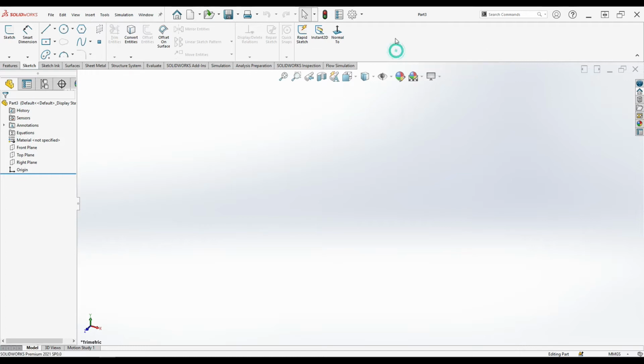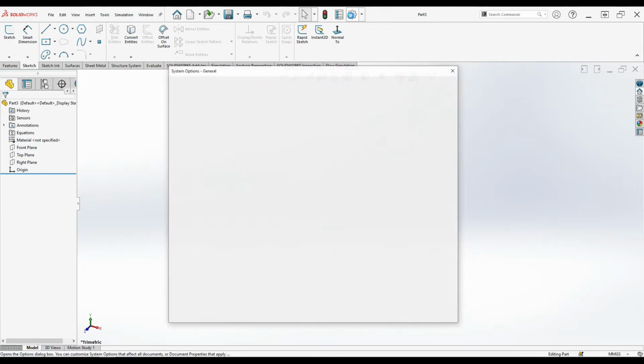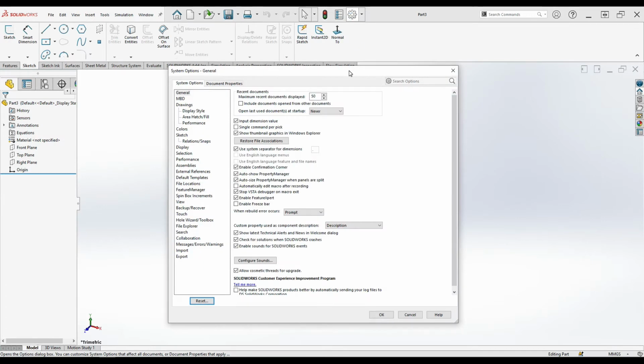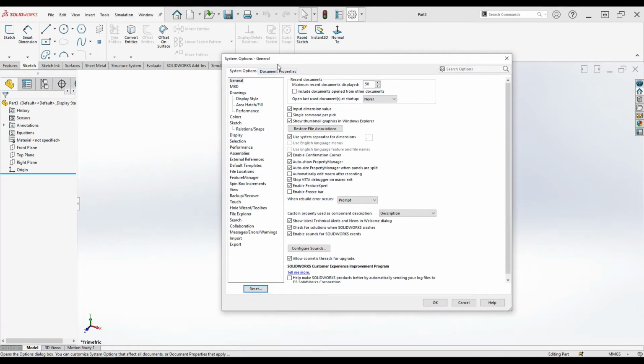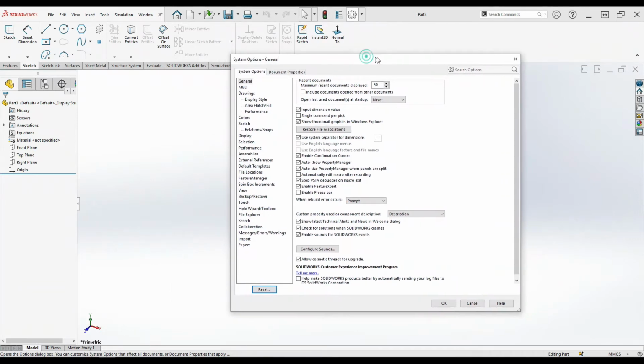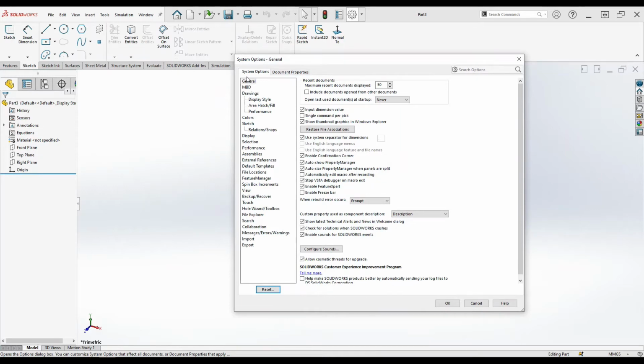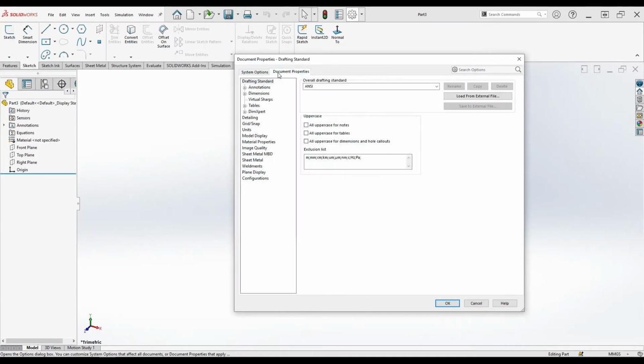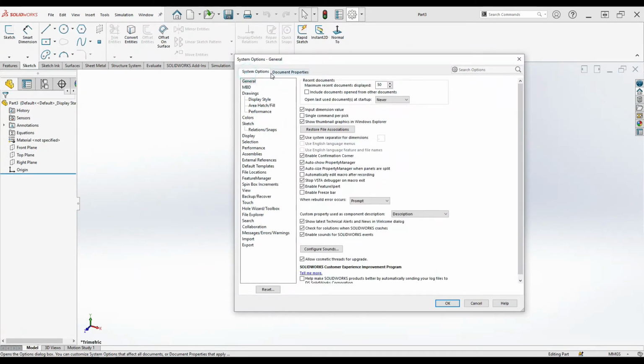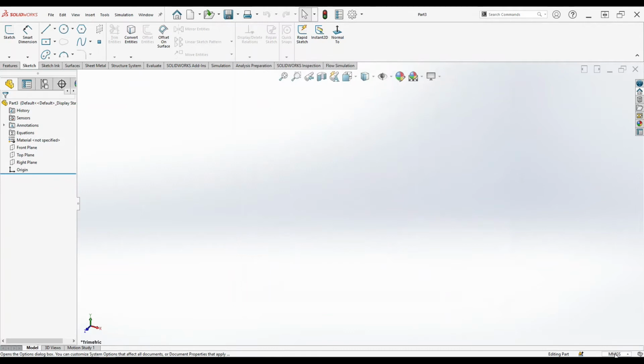Another way is to go to Options, here in the settings icon. Once you click this, you can go directly here. In the system options, you can see that System Options and Document Properties are there. Let's understand this also. Before that, I want to explain about the units.